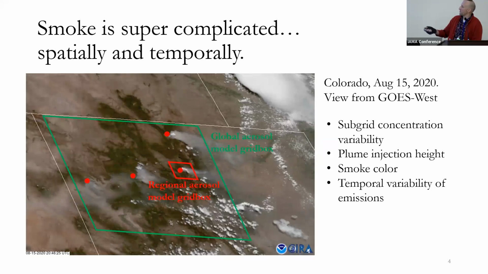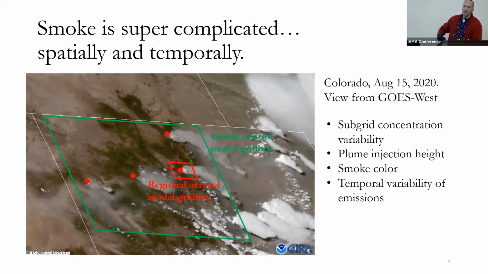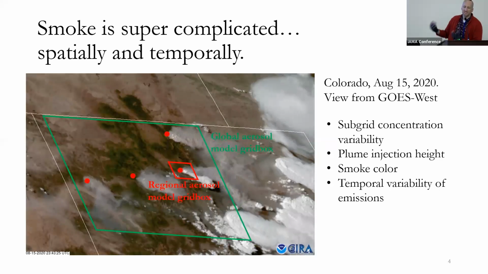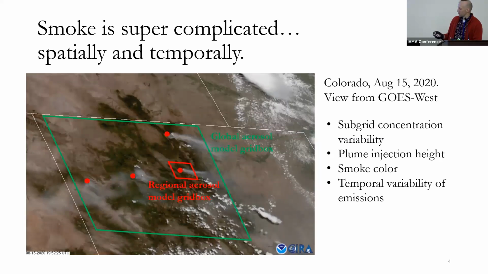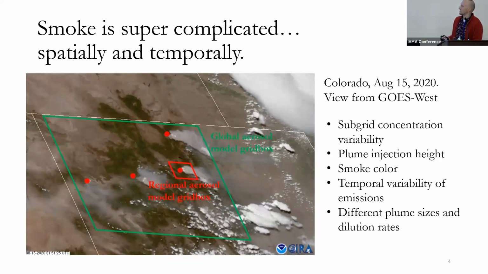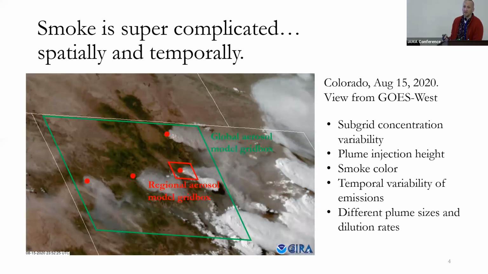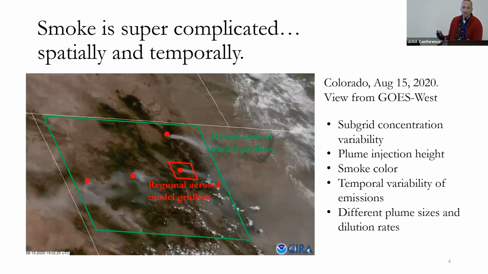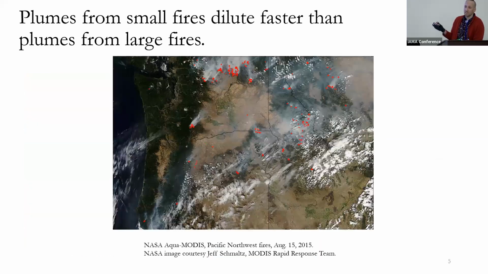There's also huge temporal variability in emissions. Right now, the fires aren't emitting that much. Then throughout the day, as the sun gets more intense, the air gets hotter, and the wind speeds in the boundary layer pick up, the emissions will pick up as the fires intensify. And one thing we'll talk about a bunch is that different plumes tend to dilute at different rates. So you can have some plumes that maintain high concentrations, and other plumes that maintain low concentrations. To further make that point, this is now a still true color image from satellite with many different fires over the Pacific Northwest.